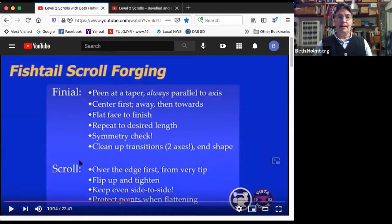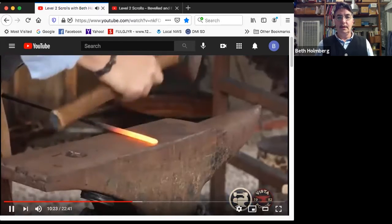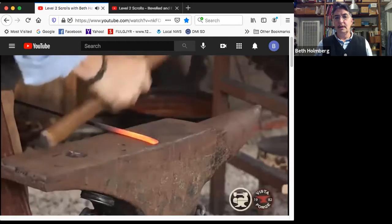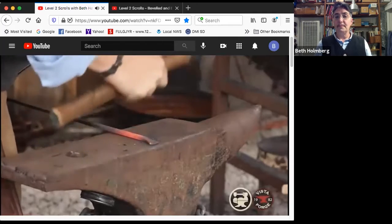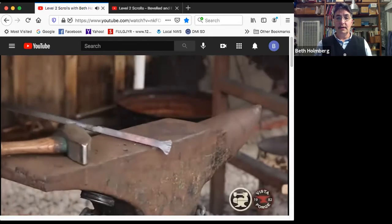Alrighty, so again, peen parallel, tapered, start in the middle, work away from you, then towards you, clean it up, repeat to make it look good, and then we'll do a symmetry check and clean up the transitions. So let's see what we got here. Right in the middle, right near the anvil edge, then pushing away from me, overlapping blows so that I'm getting a nice spread there, and then towards me from the center, overlapping blows, constantly at that taper, and that gives me really,